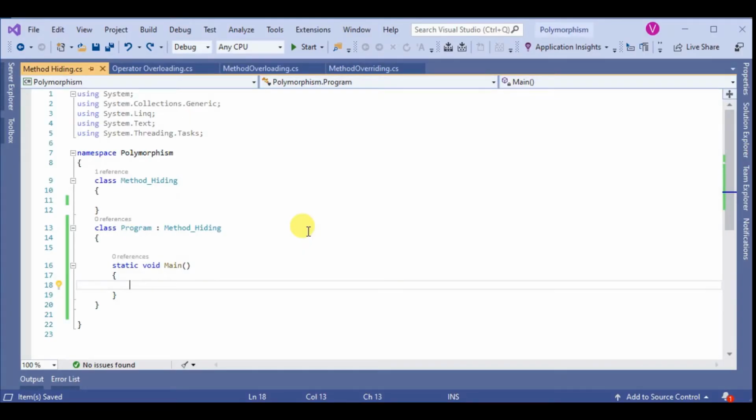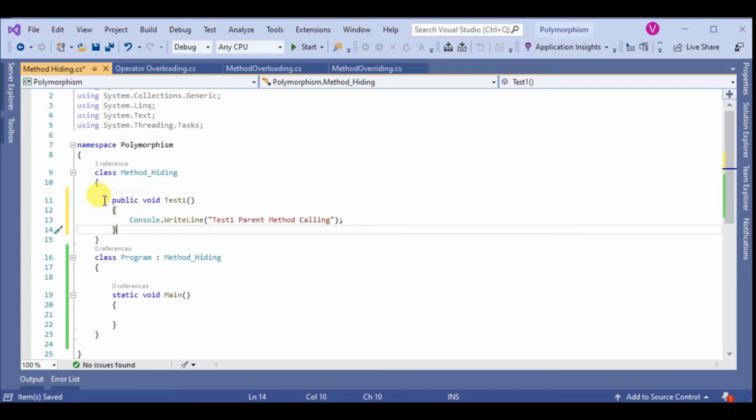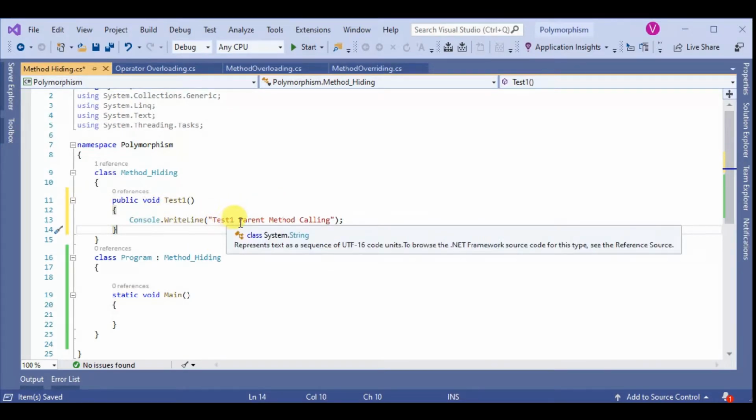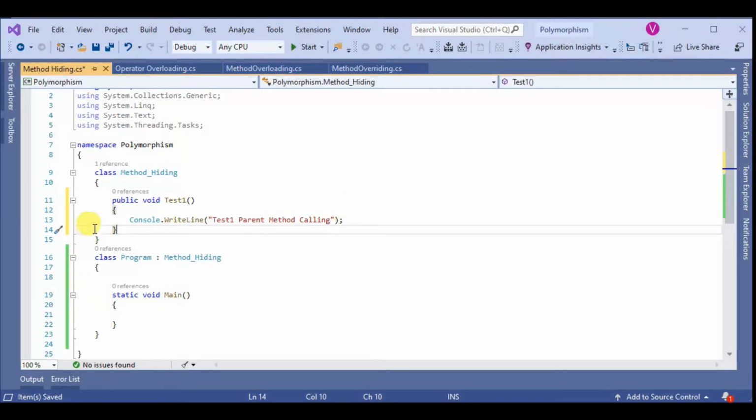So friends, here we have already created a class. In this class, we write a method test1, and the message is "test1 parent method calling". This method is inherited by the child class, and in the child class we re-implement the test1 method.